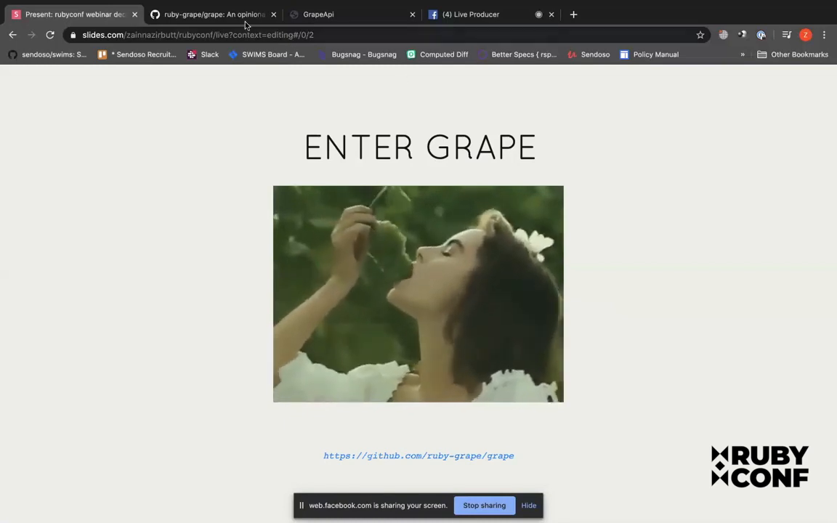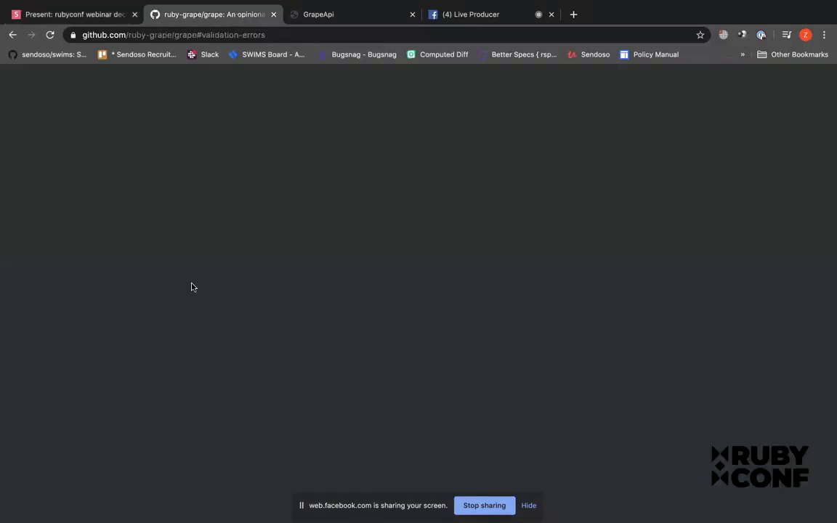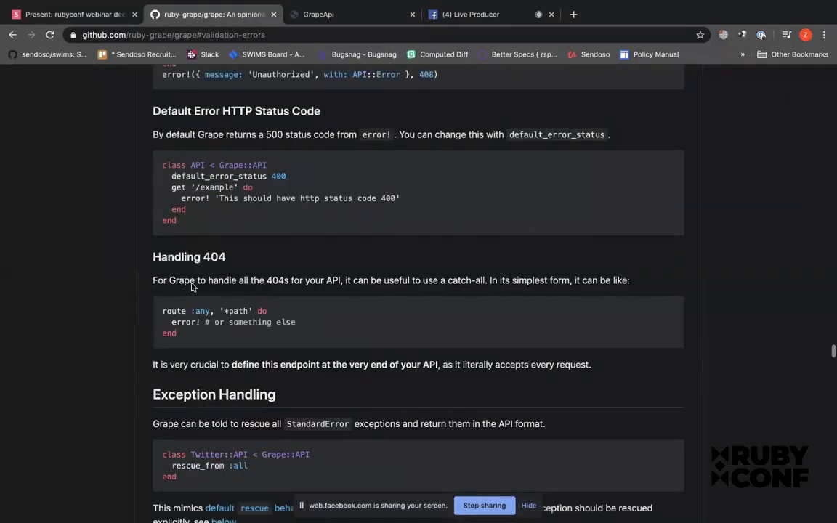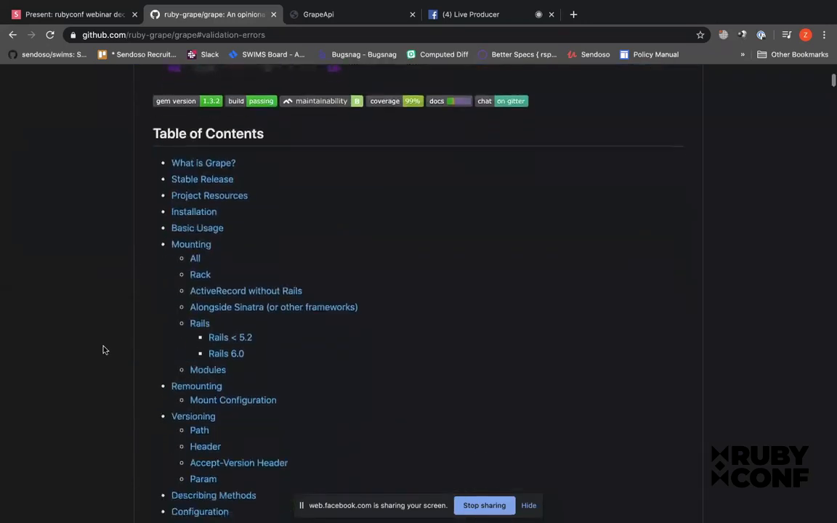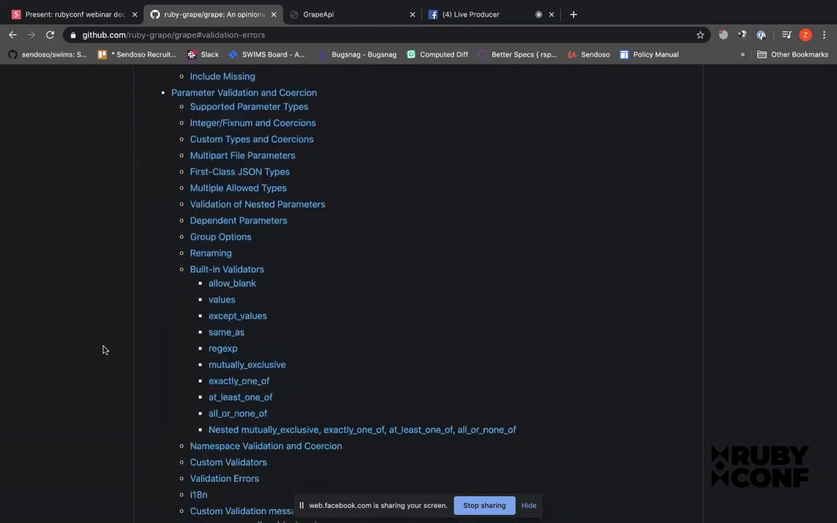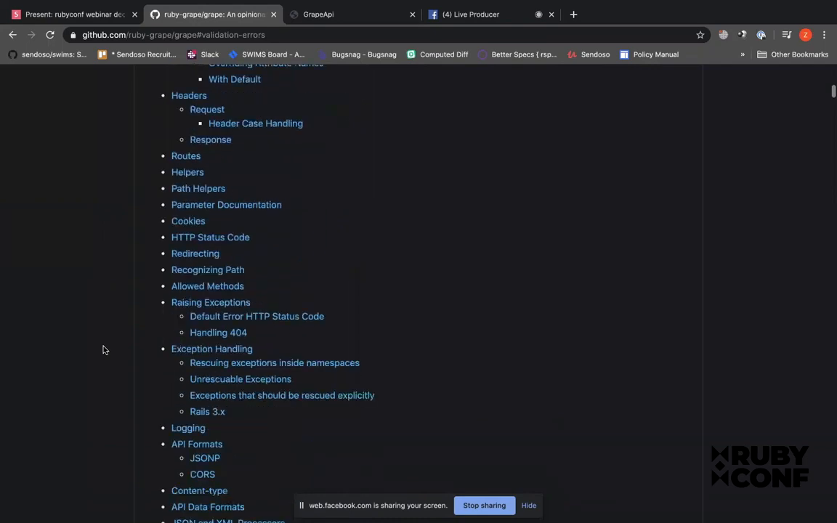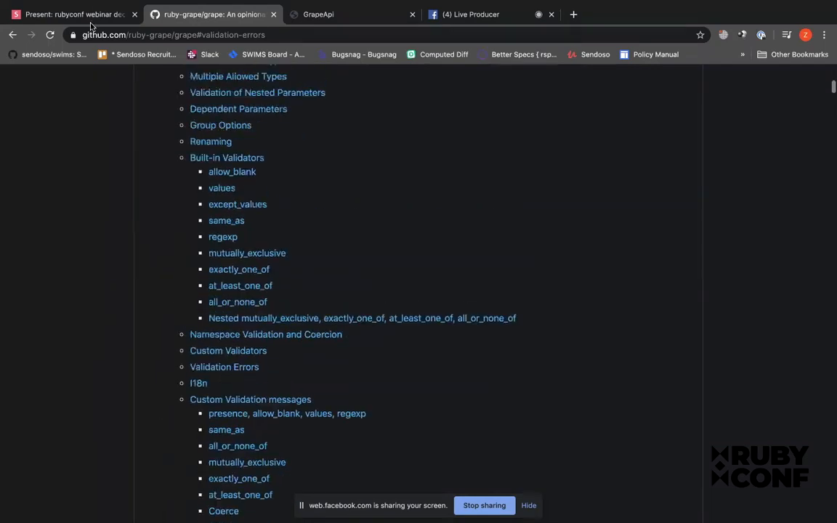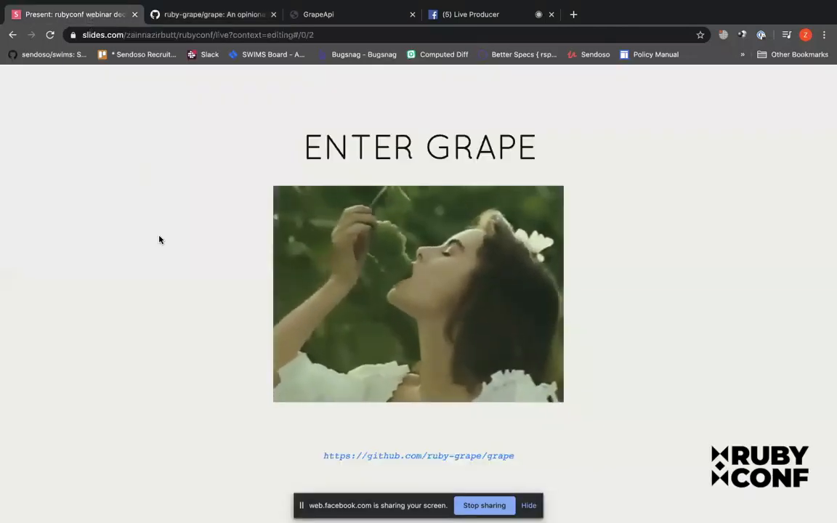Let me just quickly show you the Grape API. This is basically the Grape API, the table of contents. As you can see, there are tons of stuff that you can do with this framework. The features it provides, it's bonkers. It's really nice to have so many features right out of the box, and it helps you create them really